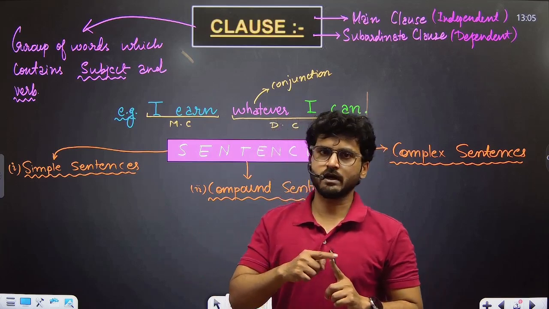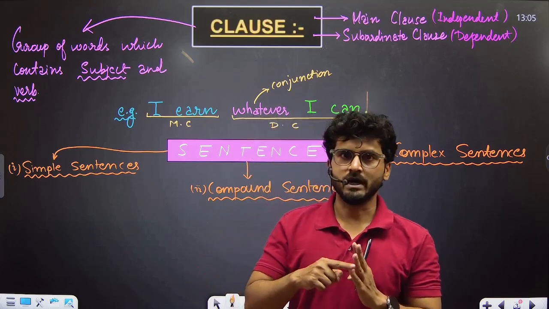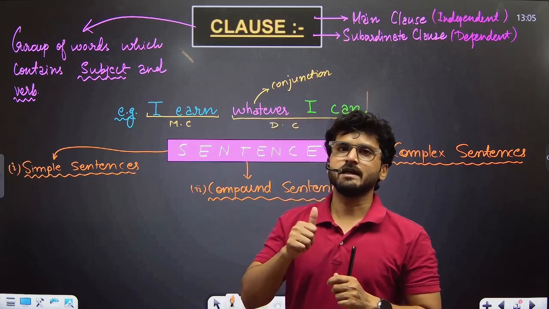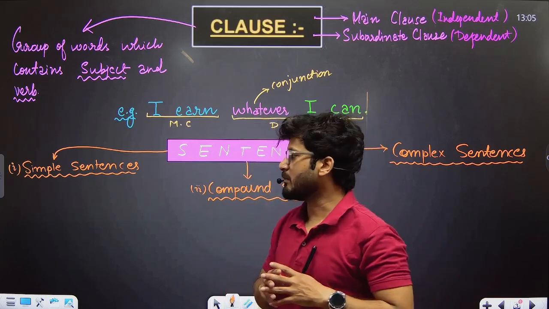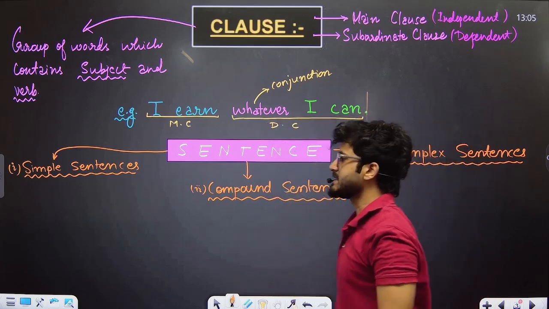F for, A and, N nor, B but, O or, Y yet, and S so. Like that we have remembered the FANBOYS acronym. So in that case, compound sentences have only